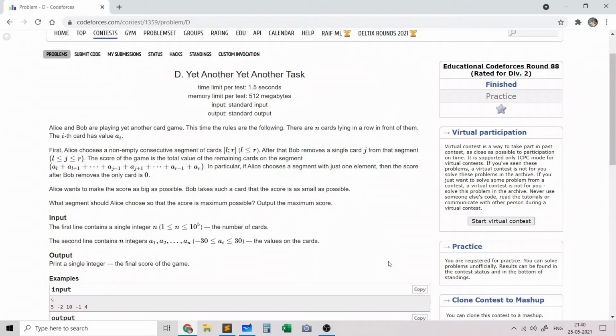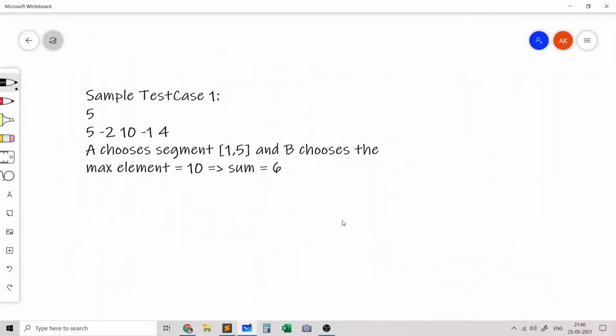So in the first test case, we are given 5 integers: 5, minus 2, 10, minus 1 and 4. In this case, it's optimal for Alice to choose the whole array, which is basically the subsegment from 1 to 5. And Bob will choose the largest element equal to 10.